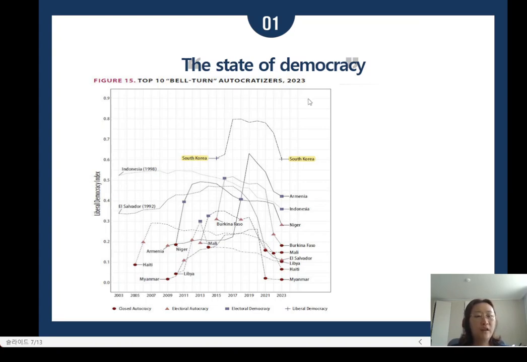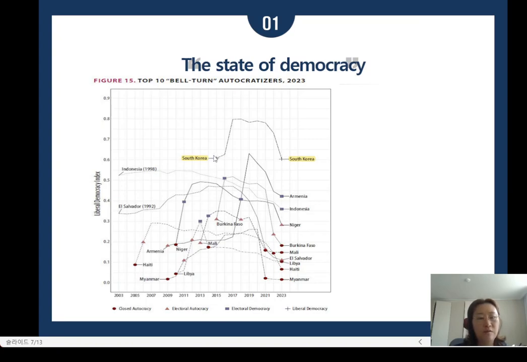So we will see the Bell-ton autocratizer in 2023. I wanted to show this one. Why did I want to show this one? This one is a bell-ton, which means it looks like a bell, right? So the South Korean case is a very unique case because it's still a democracy, but it returned to